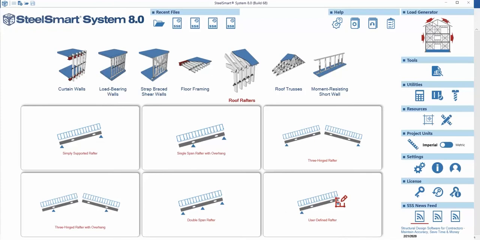Roof framing is a set of flexural steel members equally spaced and rested on bearing walls. They are designed to support the loads affecting the roofs like dead, live, wind, snow, and other loads. In this tutorial, we are going to show you how to design a double span rafter in the new SteelSmart